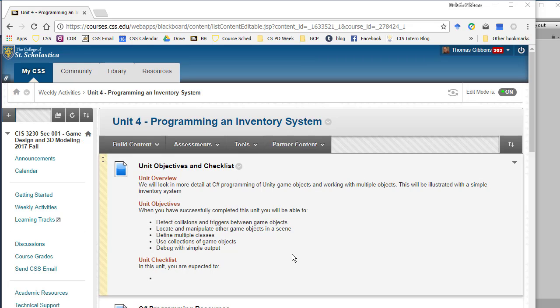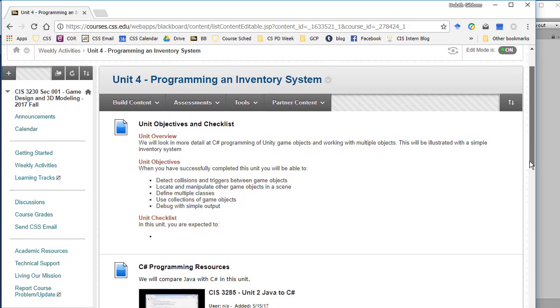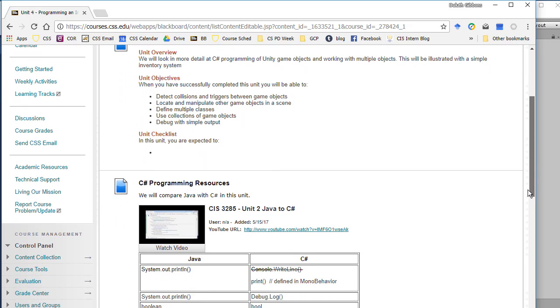So far in the game design class, we've been looking at a lot of design elements, like designing terrains and levels and things like that. We're going to look a little more in depth at C sharp programming and programming in Unity during this one. And as a resource, we're going to create a simple